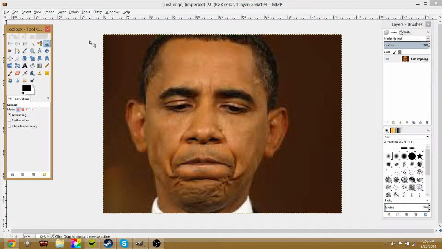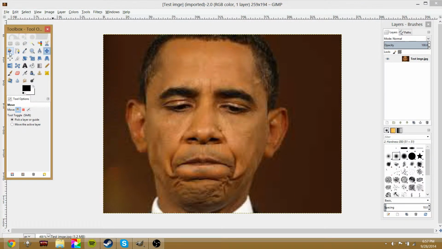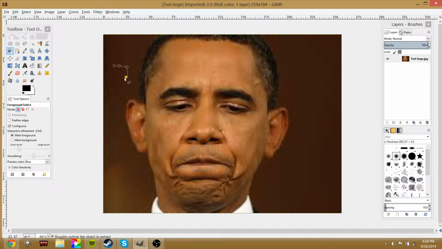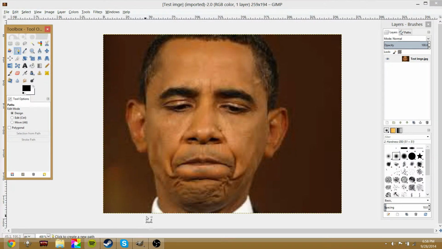This is more for beginners, so if you know exactly what you're doing in GIMP, this might not be the best video for you. This is just your regular old scissor tool. Not much happening over there. Foreground selector. Nothing new. Paths. My other video really goes in depth with paths, so I won't go in depth with it. I really suggest you watch that other video. It teaches you everything about transparency and all that kind of stuff. Color picker